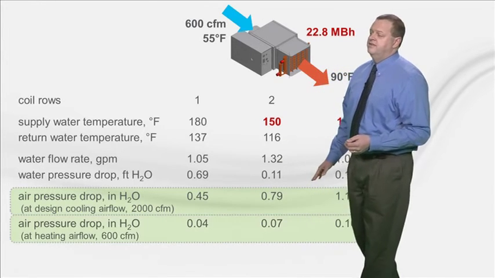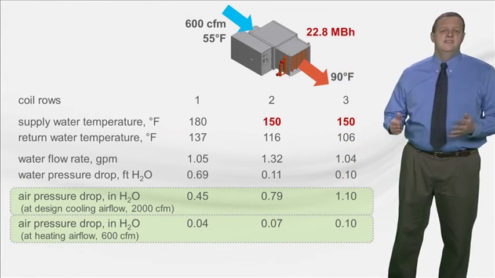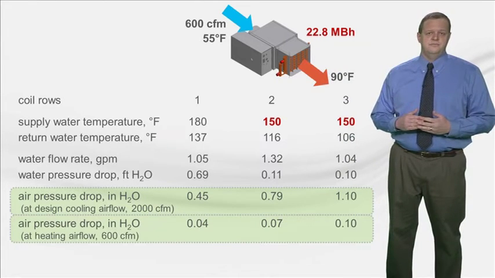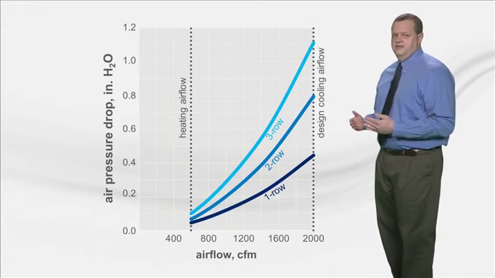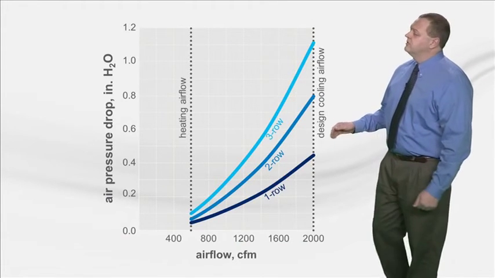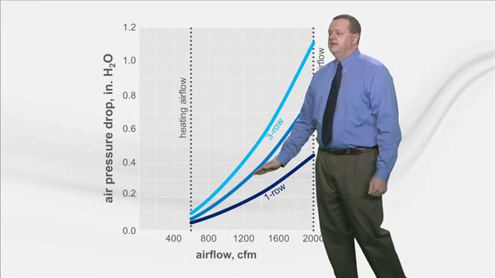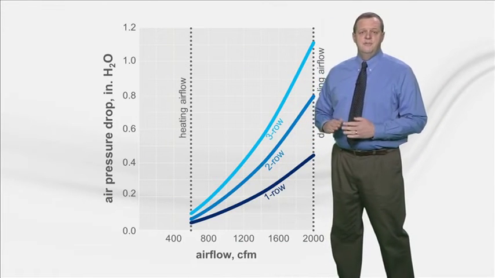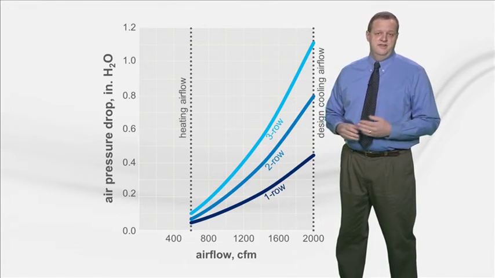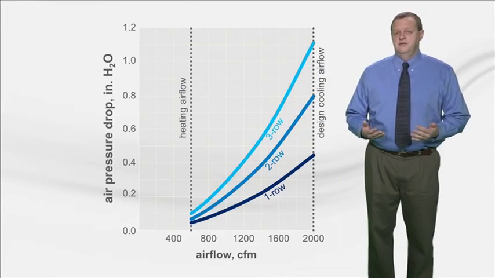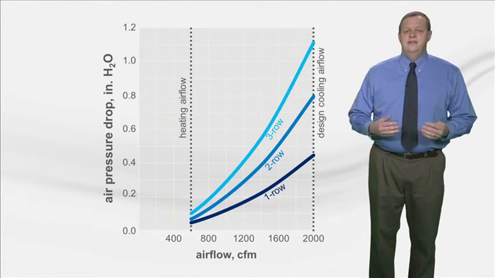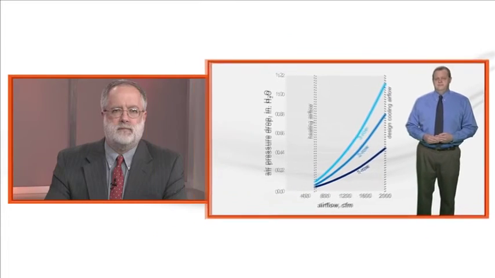But remember that this air pressure drop decreases exponentially as airflow is reduced at part load. The air pressure drop across the coil drops by roughly the square of the reduction in airflow. So when the VAV terminal reduces airflow to about 60% of design flow, the pressure drop is only about 1/3 of what it was at 100% airflow. So because pressure drop decreases exponentially at part load, the actual impact on annual fan energy is not as great as you might think. Another benefit of using additional rows in VAV box coils is that it makes them better